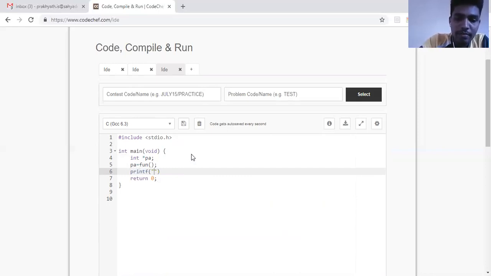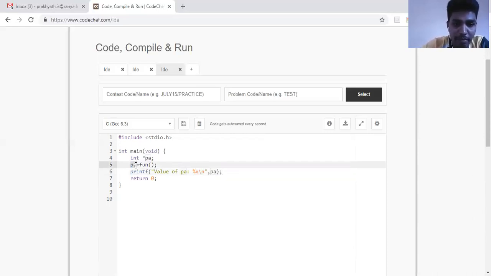So I'll print the value of PA. Since it is an address, because it's a pointer, I'll write percentage %x, just PA. I'll explain once again why I wrote percentage %x. PA is actually a pointer variable, so this function should return an address, and that address should be stored in PA.